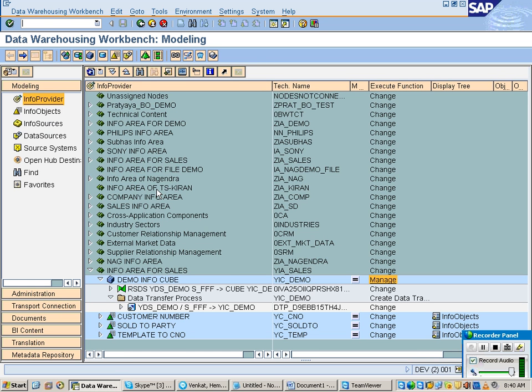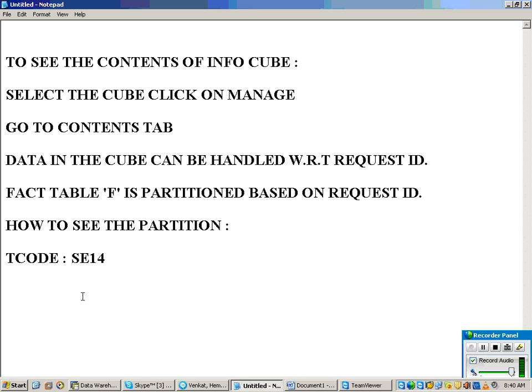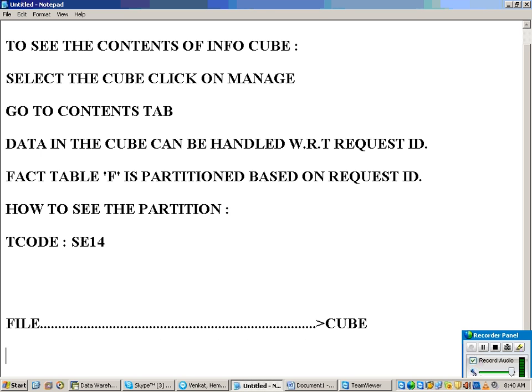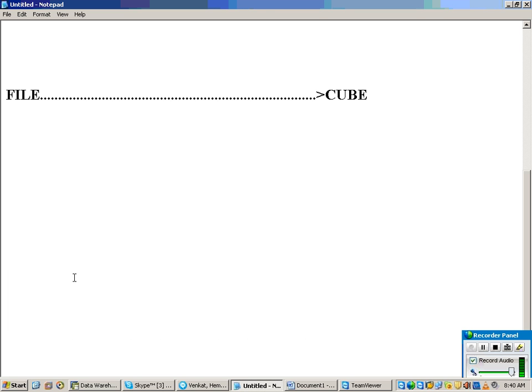Now, what was the problem? Just observe. Suppose this was my file 1. I am loading from the file into the cube, right? So let us say I got a file 1, the first file, with 10 records, suppose.